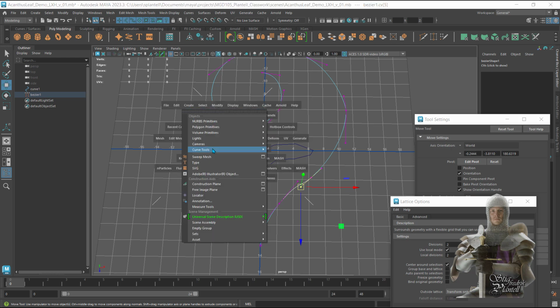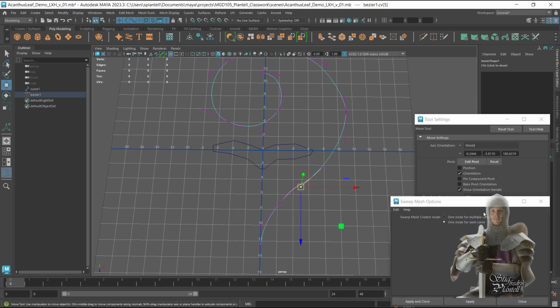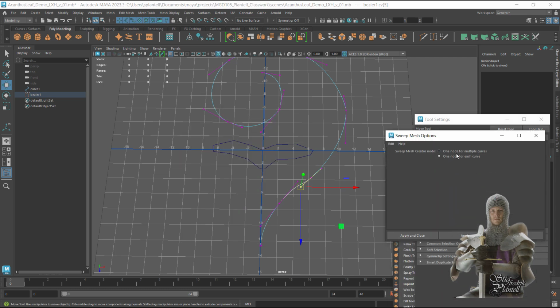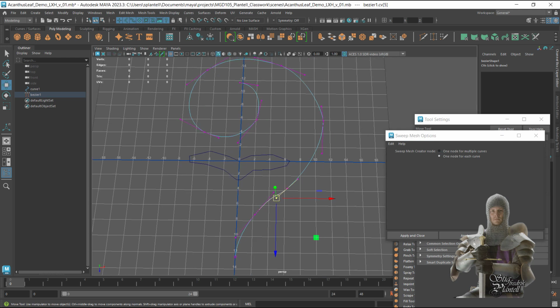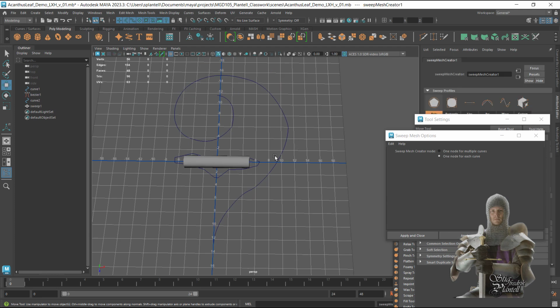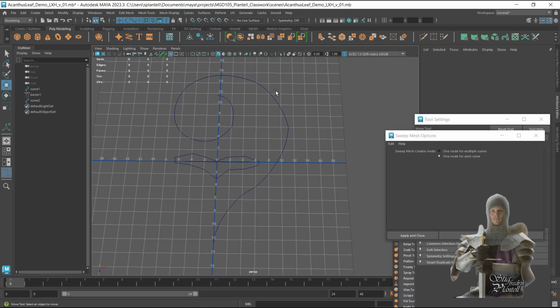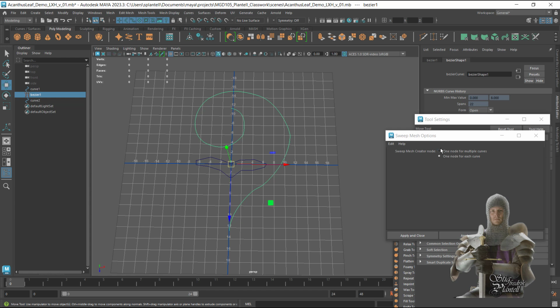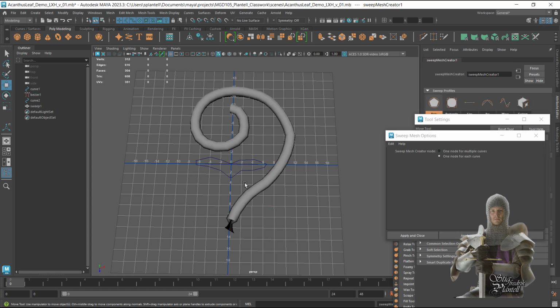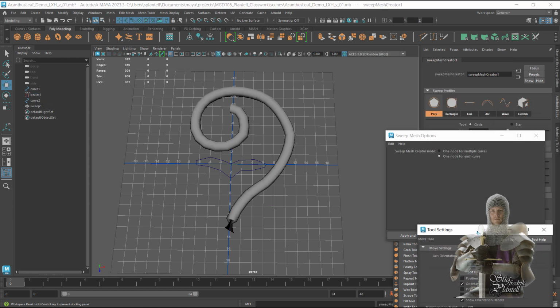It's located here, sweep mesh right here. We can look at that, sweep mesh. Wow, there's two options, one node for each curve or multiples. We'll just use a node for one. So we'll click that. Hold on, let's make sure we select it properly and try. Now, it is making this